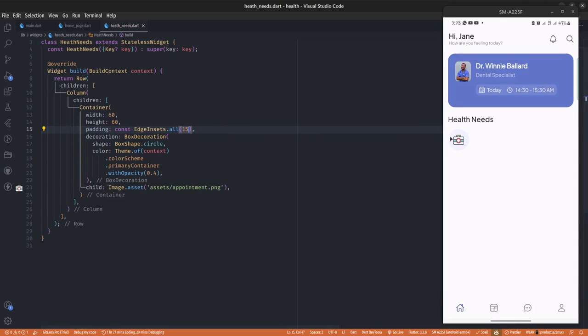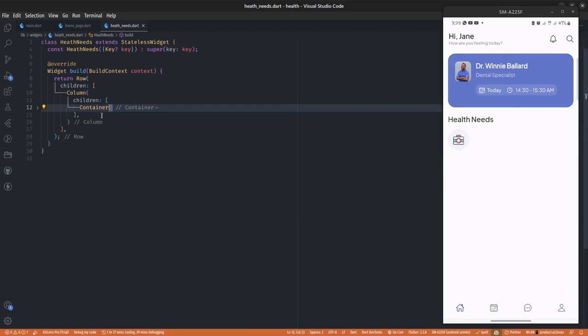That would create padding within this container, so that any child of that container can't get to the boundaries of the container, right? So that will automatically shrink the image. Now the text is just going to be below the container. So if I collapse this container, we can have